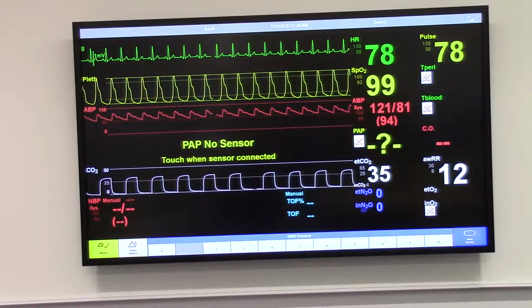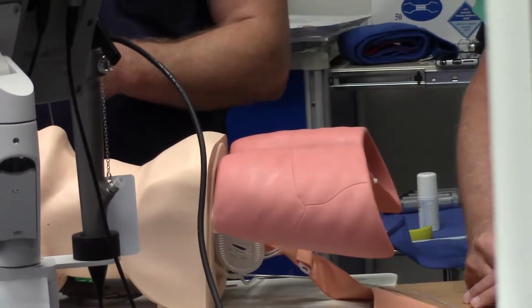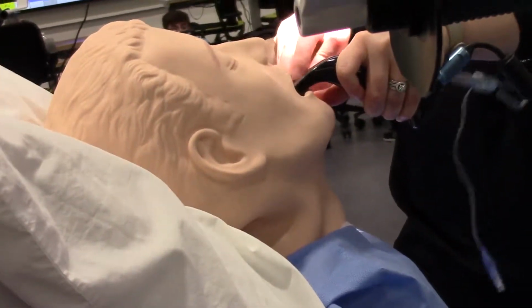Mannequins and everything. Getting exposure is the biggest thing to using this equipment before we actually get in the field and use it on a real human being. A lot of this stuff is very accurate. All these mannequins have the same anatomy, so being able to recognize all the structures and utilize the equipment to maintain airways and things like that is a big deal